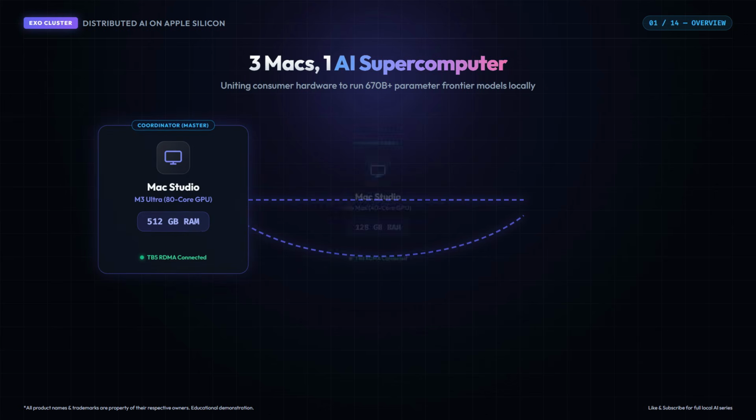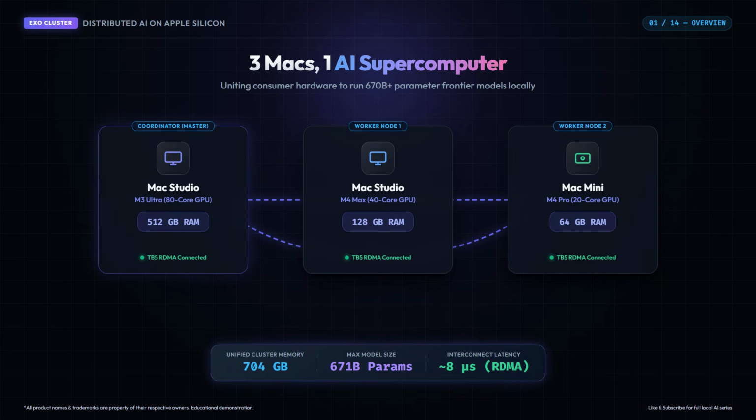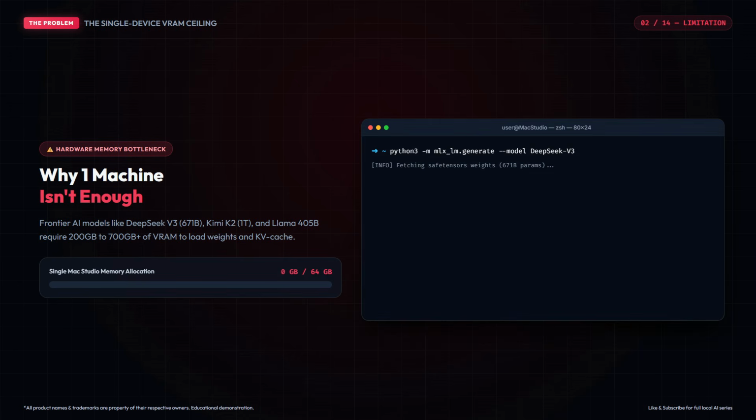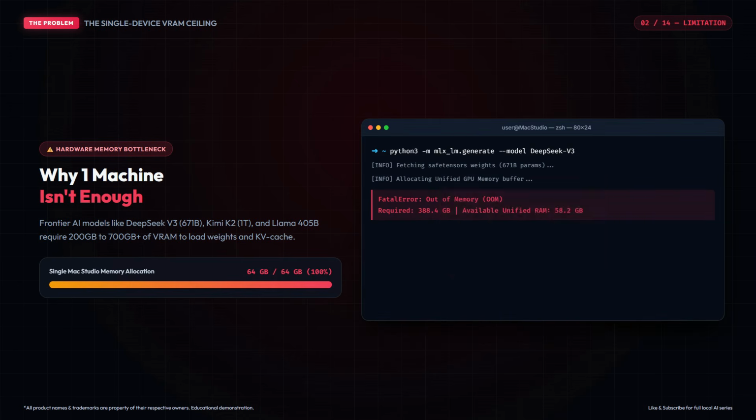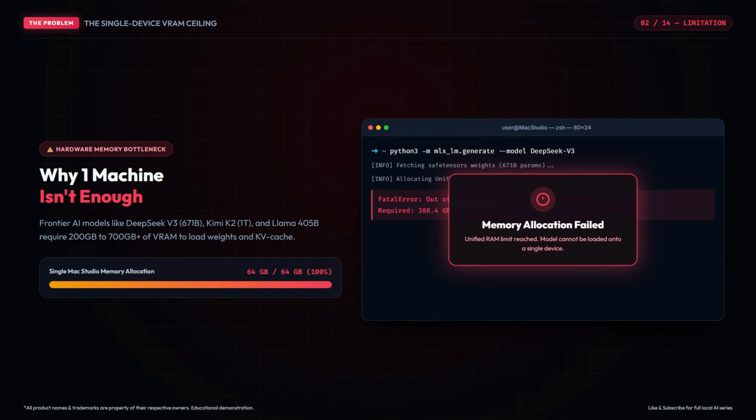What if you could combine 3 everyday Macs into a single AI supercomputer capable of running massive 670 billion parameter frontier models locally? With XO, you can. Frontier open-weights models like DeepSeek V3, Kimi K2, and Llama 405B are far too massive for any single consumer machine,